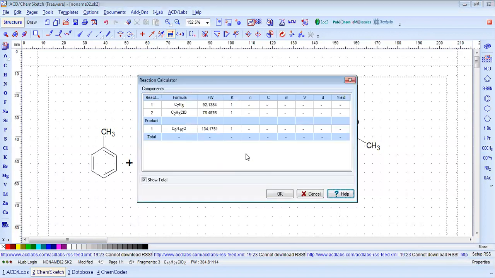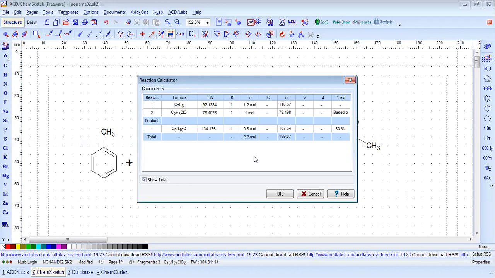So now we have reactant 1 with formula C7H8O, formula weight 92, reactant 2 C2H3ClO, 78.49, and the product is C9H10O, formula weight 134.17. Suppose the number n is for number of moles. Suppose it is 1.1 mole or 1.2 mole. The second one is 1 mole. So the total is 2.2 mole. And in that case, suppose we are getting only 0.8 mole as a product.